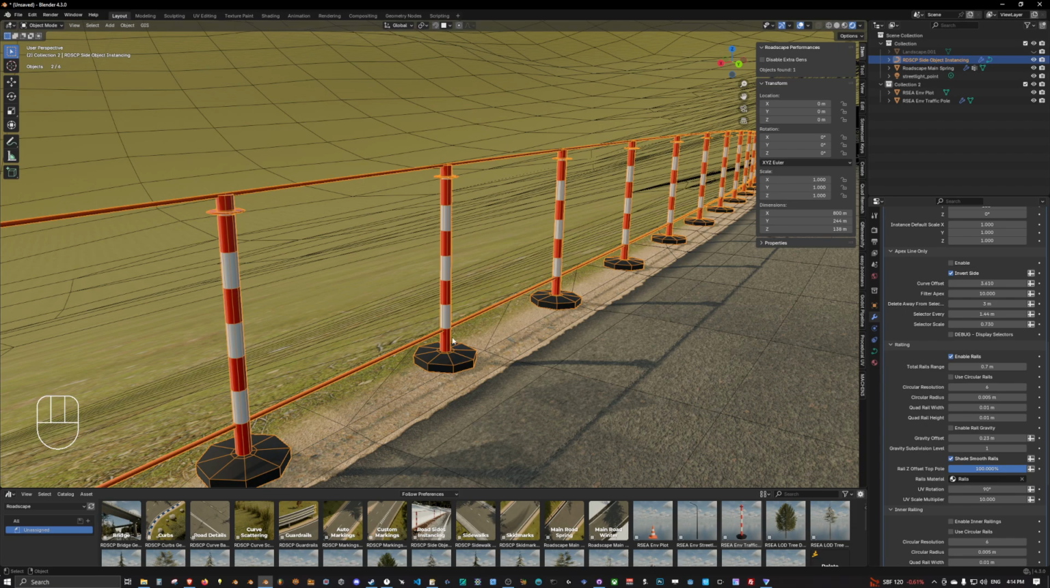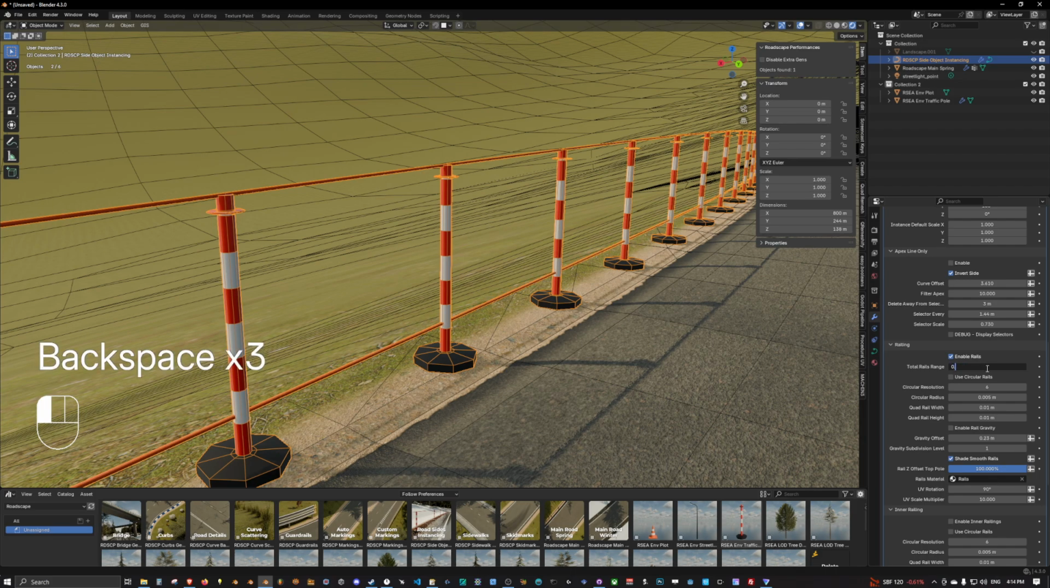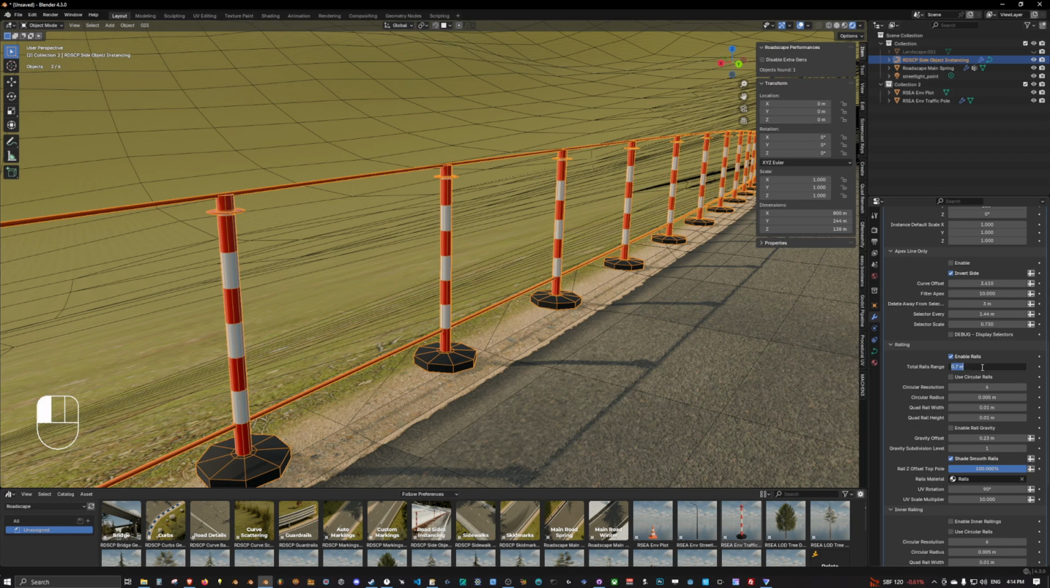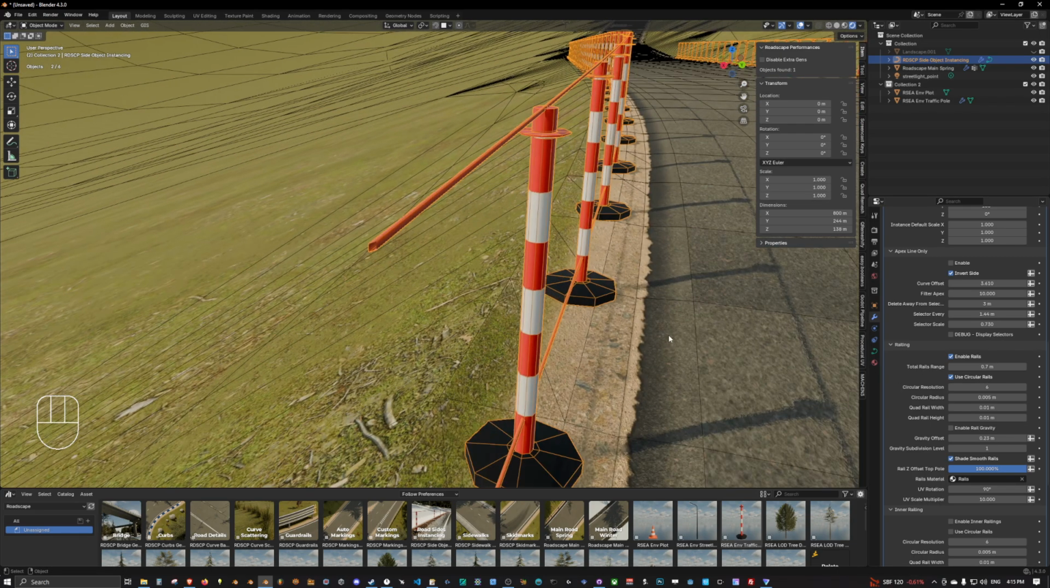Then to change the height of the lowest railing, you can change the total range, which means that the lowest railing is at 70 centimeters on the top railing, okay? If I change it to 20 centimeters, the lowest railing will be 20 centimeters from the top railing, okay? So in this instance, let's keep it to 70 centimeters. You can then choose circular